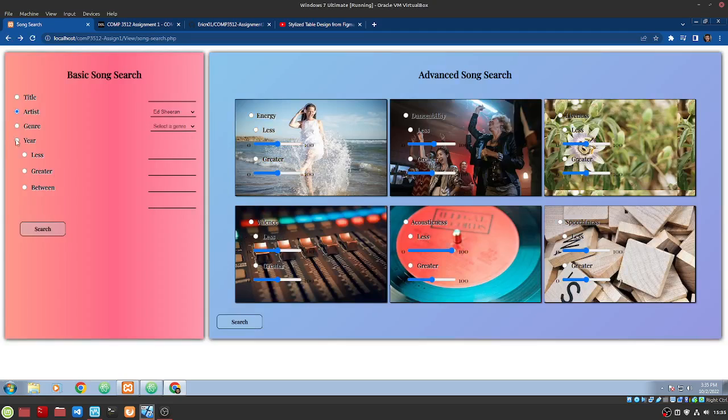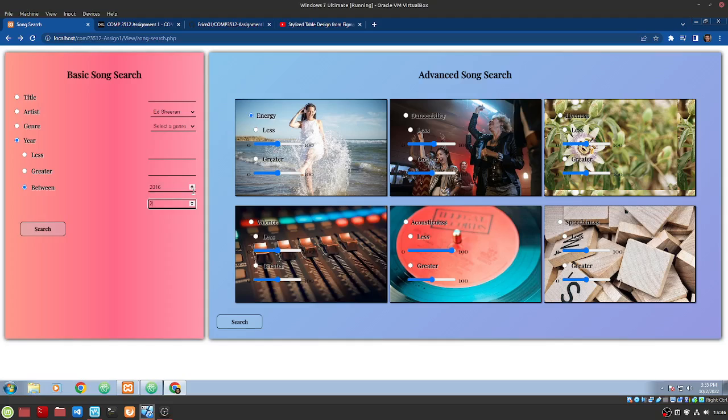In terms of this, this stuff over here was so difficult, figuring out how to bring the forms together, because these are two separate forms. The advanced search form is a separate one from the basic song search. The year values have to be interpreted differently than those in the rest of the basic song search. So I just had to write a bunch of functions to really interpret this properly. Even the between one, and I don't know why I made this 1950, but let's just say